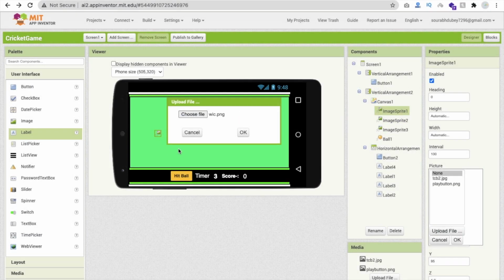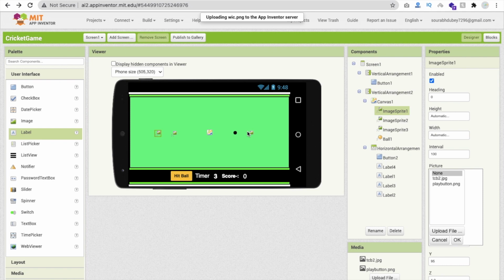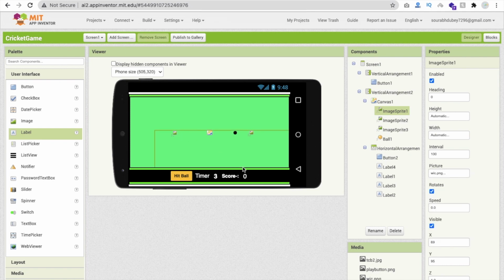Then make sure image split 1 width should be 50, or you can do it according to your height. I'm going to make it 100, and let's see how this looks. It's still too big, so you can change this height to something like 70. It's fine, right?